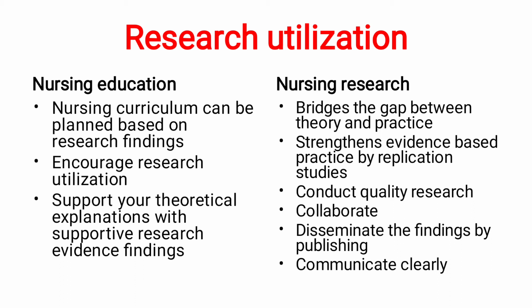Then dissemination means communicating the findings. If I am doing research and I keep it to myself, no one will know what I have done. So I have to publish in journals and present in conferences. The journals also should be user-friendly, so everyone can access it, buy it and read it. You can disseminate your findings in the journal club, present in conferences, or post on the net. Then communicate clearly. Whatever you have done, you have to communicate clearly. You have to write the research abstract very clearly.